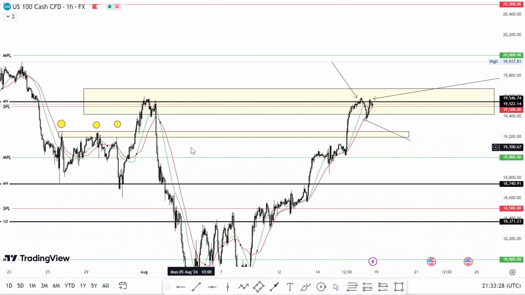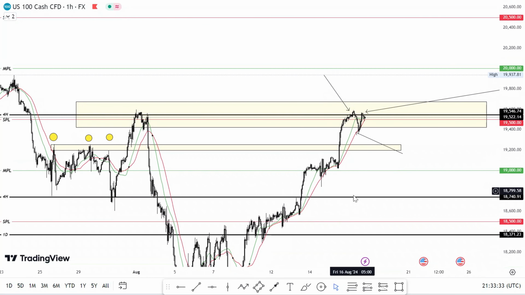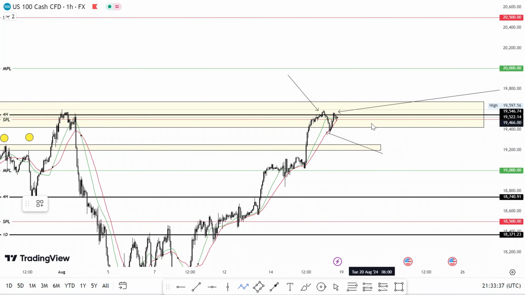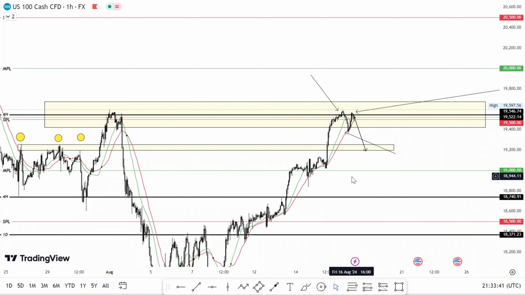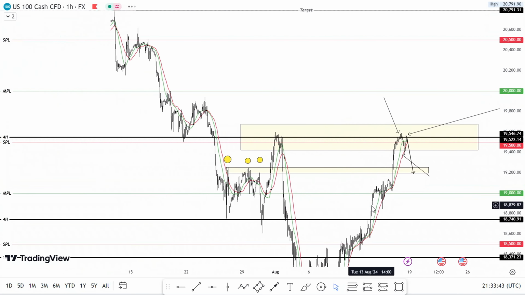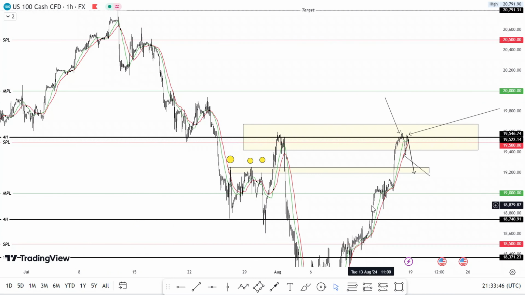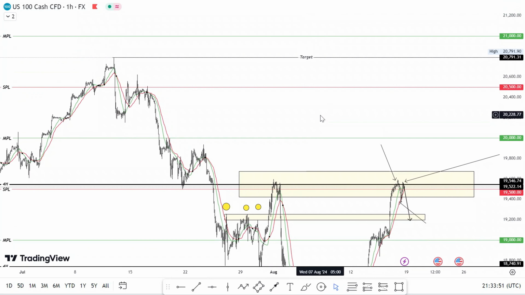And now what we want to see Nasdaq do again is that it should actually come down to this level, and then when it gets to this level, because we are on an uptrend on Nasdaq, we should be targeting the recent high, which is 20,071